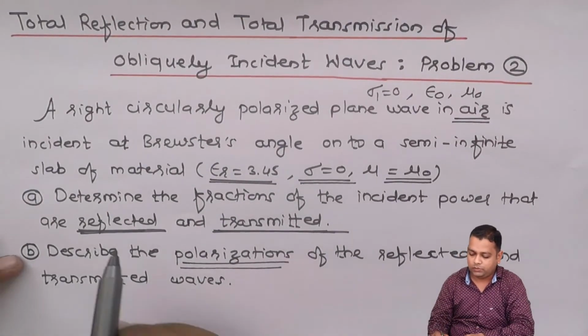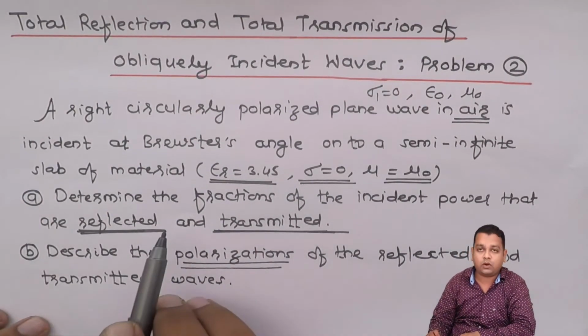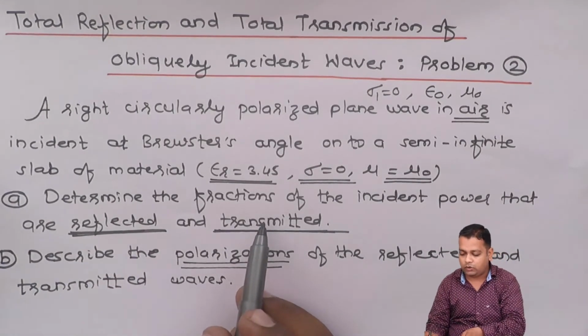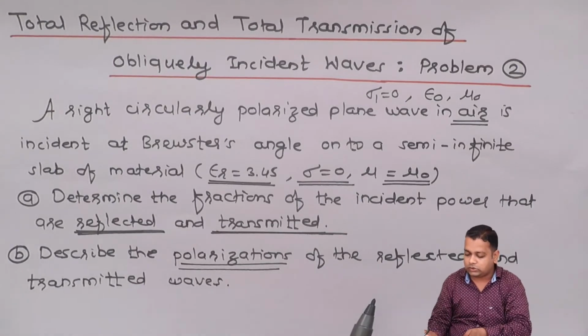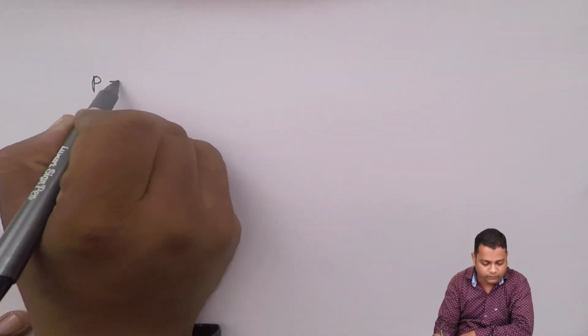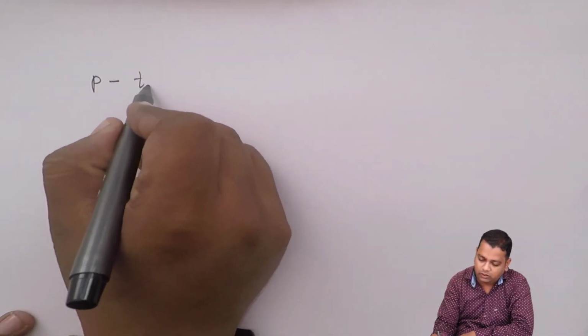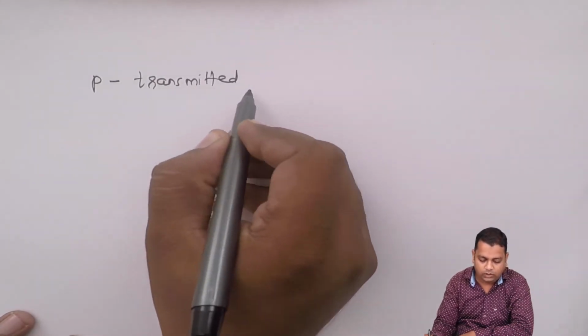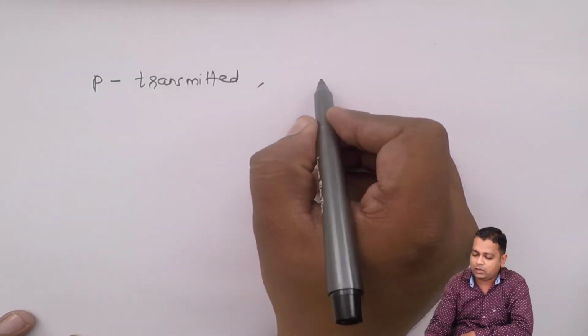Now, in part B, if we get back to the problem statement, we are asked about the reflected and transmitted portions that we have determined, this 15% and this 85%. Describe the polarizations of the reflected and the transmitted waves. Since all the p polarized waves are transmitted here, the reflected wave will be entirely s polarized,